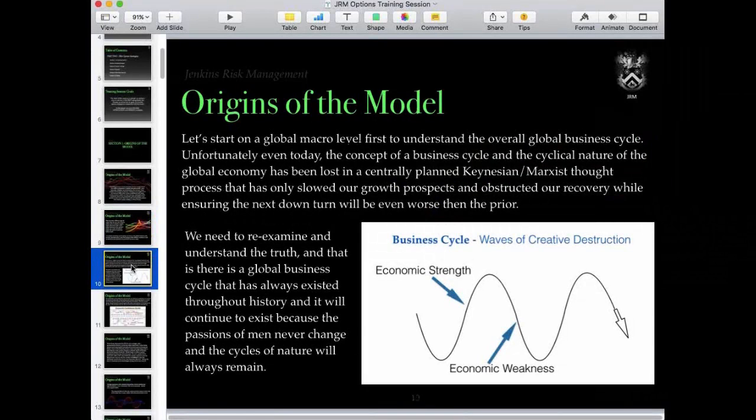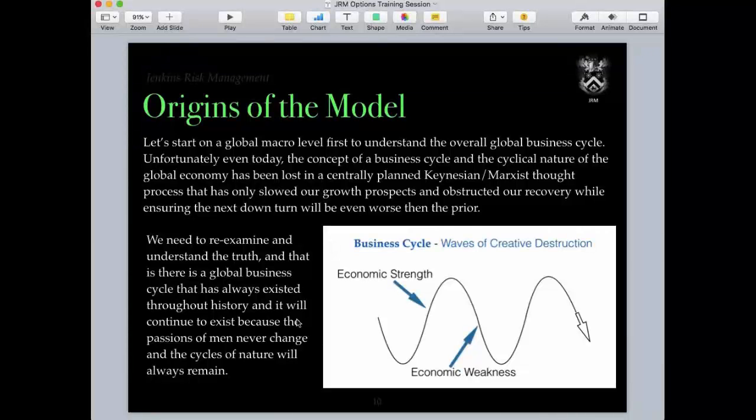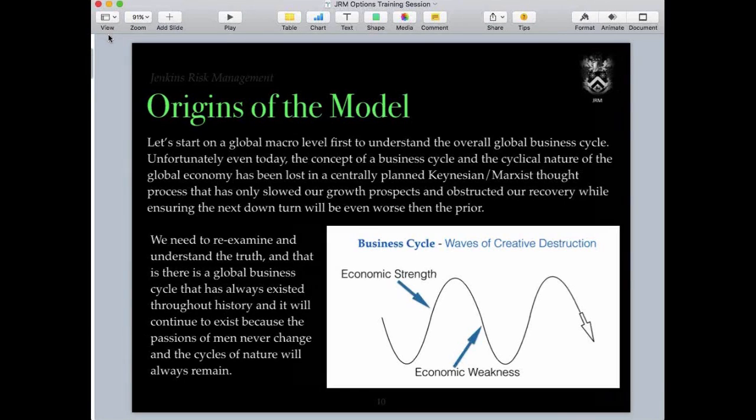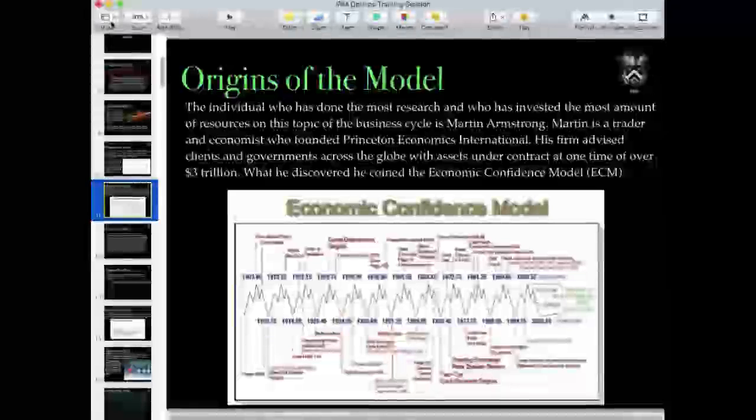So part of the cyclical wave structure, and just a little bit of history, we can look at the business cycle, and there's been a lot of work on this, but the waves of creative destruction are pretty well known. But most of the work that's been done was by a firm in the 80s called Princeton Economics, and there was a great trader there. He's pretty well known throughout the industry. If some of you are listening, you probably know him, Martin Armstrong, but he coined the business cycle, which is 8.6 years,